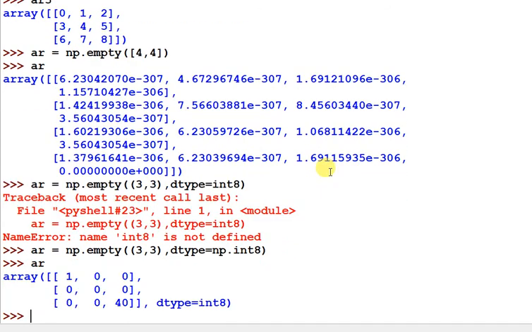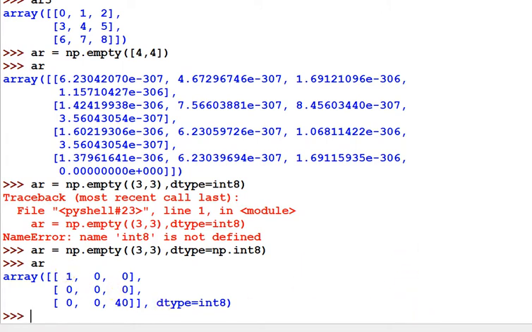So you can check. It generated garbage values, such as 1, 0, because we have passed the dtype as np.int8, meaning integer. So it generated values of integer type, and you can pass the shape as a list or also as a tuple. So this is the 3 by 3 dimension we are passing, and it creates an empty array with some uninitialized garbage values.